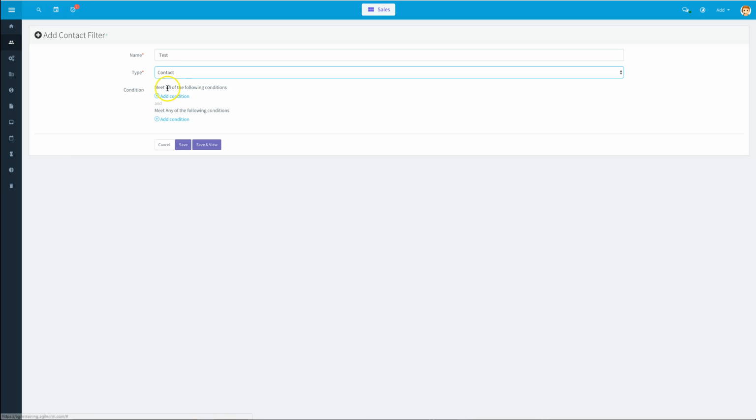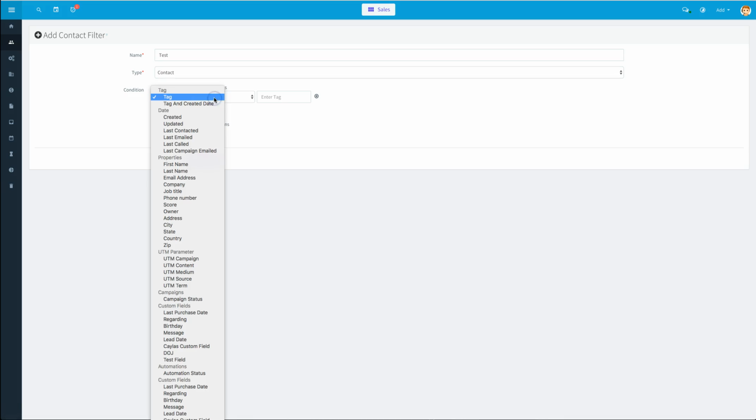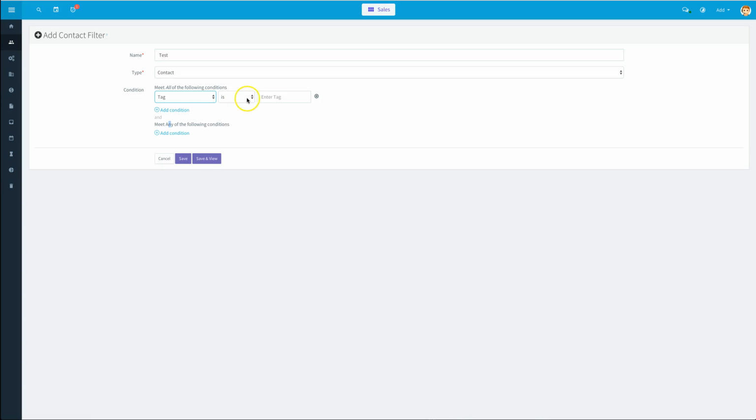And then you have your conditions. Note that you have all of the conditions in the top or any of the conditions at the bottom. Click on Add Condition. Select the drop down to determine the property value that you want to filter by. In this case, we're going to select tag. We're telling it the tag has the condition of is. By using the drop down, you can select is, isn't, is defined, or not defined. Enter in the tag name,